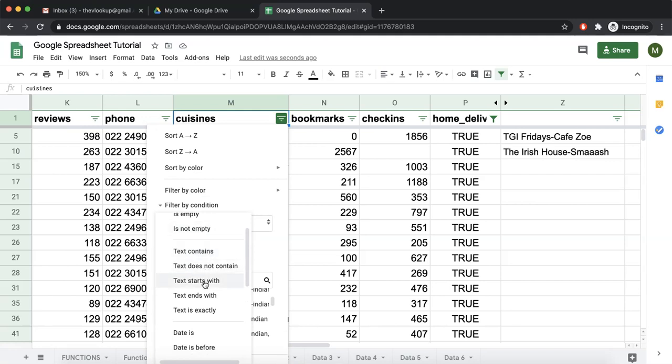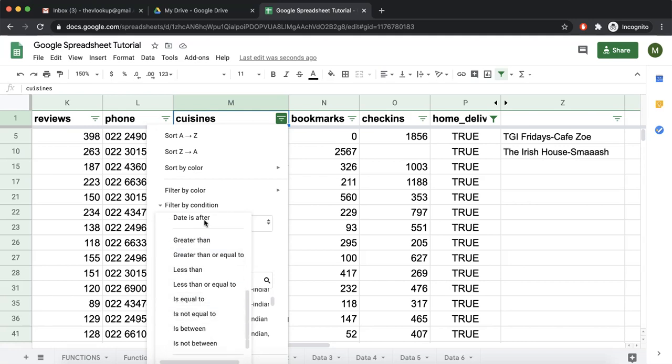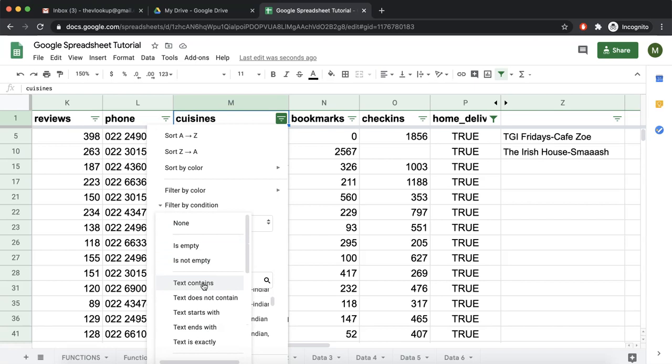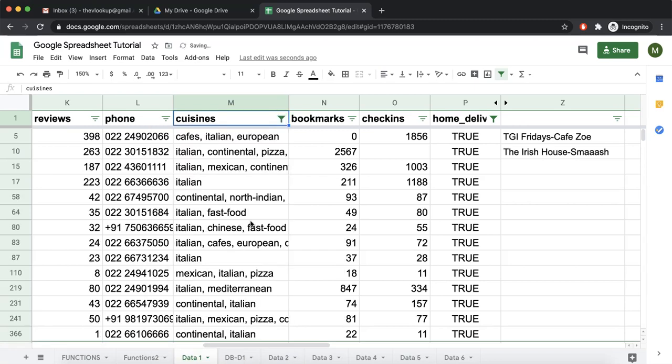You can explore it yourself: text does not contain, text starts with, date is before, number is greater than, smaller than. But in this case what we want to do is text contains Italian, and we hide this and click OK. Now you see the filter is only those which have Italian somewhere in the cuisine name.